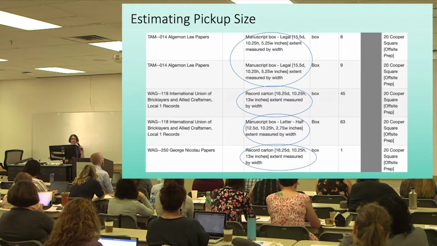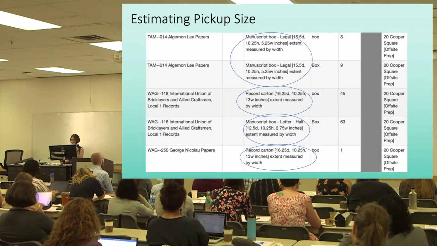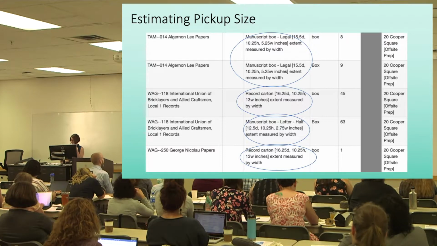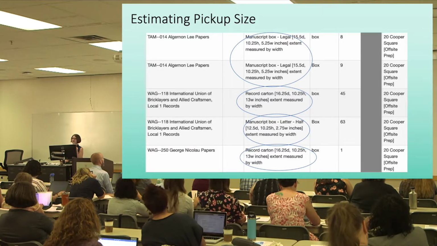For example, this is a very small sample pickup I'm highlighting. We only have 3 manuscript boxes and 2 record cartons to go. This is a more ancillary piece of data, but it's been incredibly helpful to us when we realized, for example,